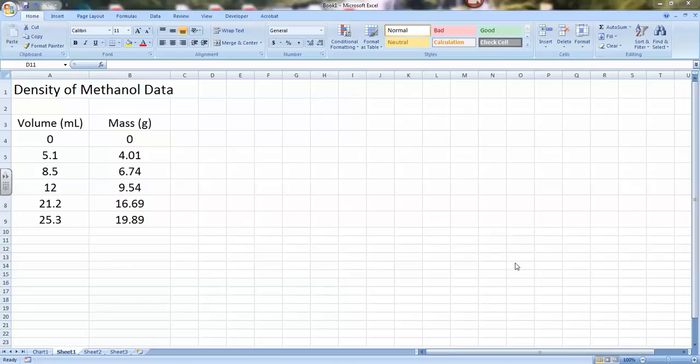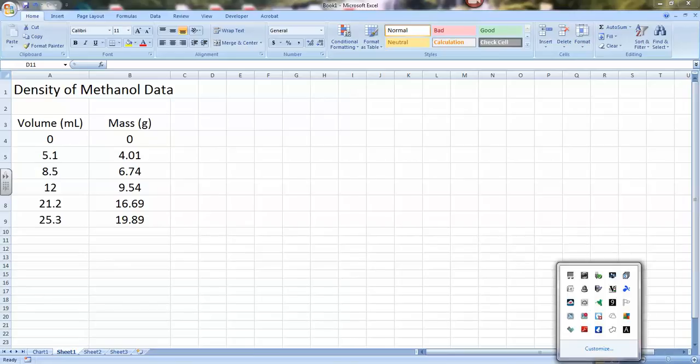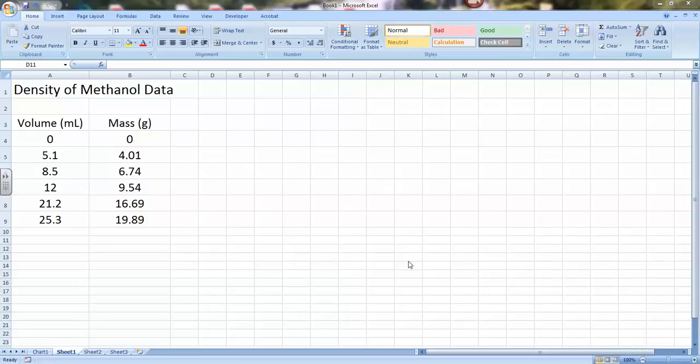In this video, we're going to take a quick look at how to use Microsoft Excel to not only make a scatter plot again, but this time to insert a line of best fit. A trend line is the term that Excel uses. I've got some data here, volumes and masses of different samples of methanol, one of the alcohols that we've used